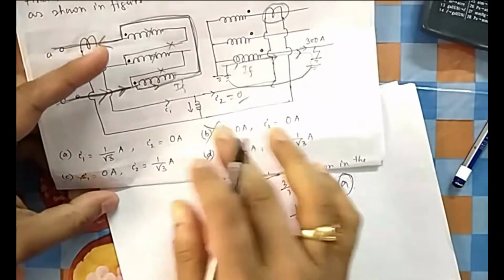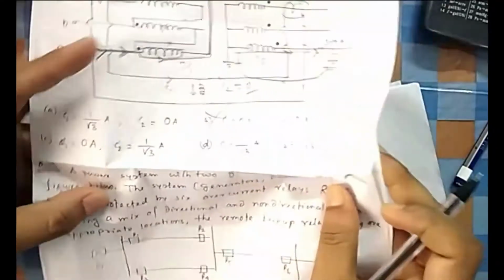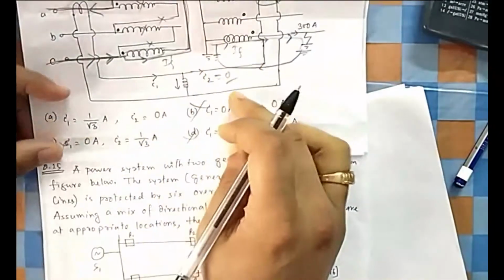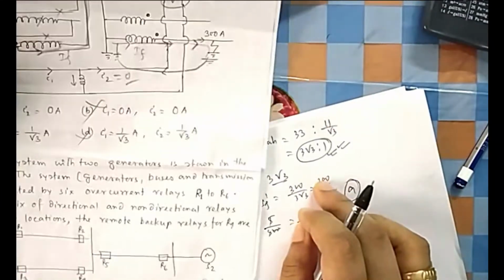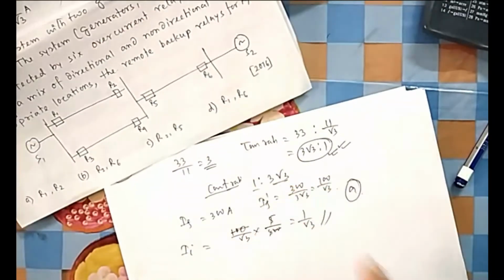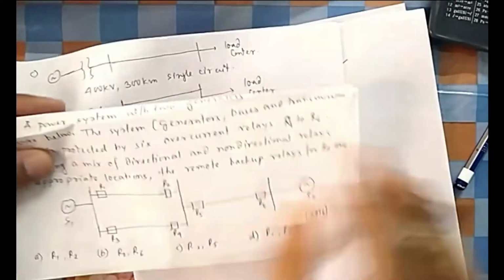By seeing the options, by eliminating options, you can solve without calculating also. So in the exam, if you see questions, first you see the options. If you can eliminate three options and you are left with one, then there is no need for calculation, you can save some time. Because no one is going to see your calculation whether it is correct or not. They will see whether you have the correct option or not. So if you can find out 3 wrong options, then your job is done. If you do 25, in a power system to 25 also I have explained in those classes.